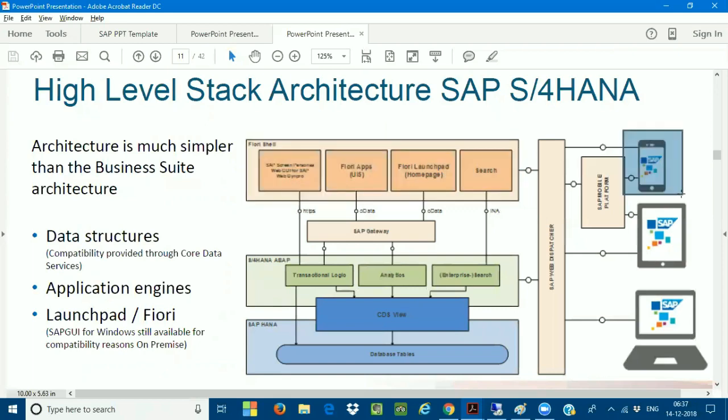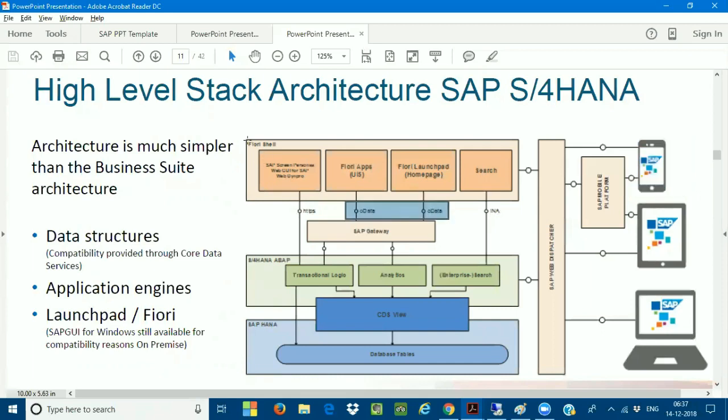Wherever you are in the world, it is not compulsory that I should be near the server. If you have network connectivity, you can directly click on the Fiori app, log on to the system, and access whichever apps or tiles you want. Whether you want to do postings like vendor payments, approve a workflow process as a financial manager, or get analytical reports for decision making, I can do everything directly by connecting to Fiori. That will be done through the OData connectivity.